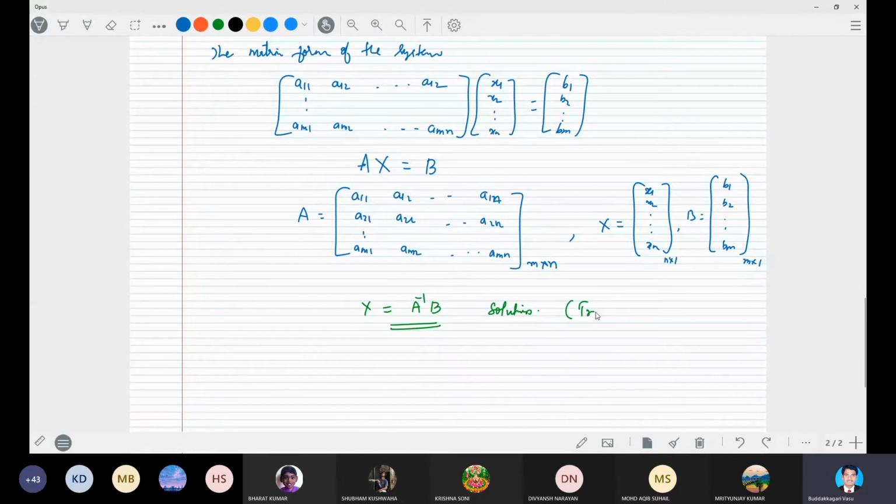This is the traditional method. But here one thing we must be very clear about: by applying the matrix inversion method, we need to find A inverse. So for finding A inverse, it is needed to find the determinant of the matrix, right? How do we define the inverse of the matrix? Adjoint matrix by det A, right? So therefore the determinant of the matrix is needed.